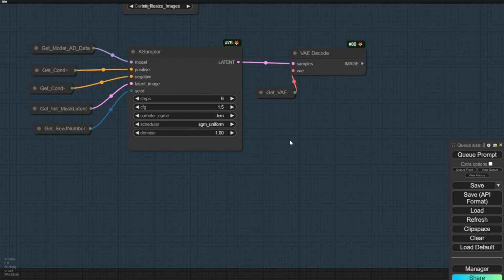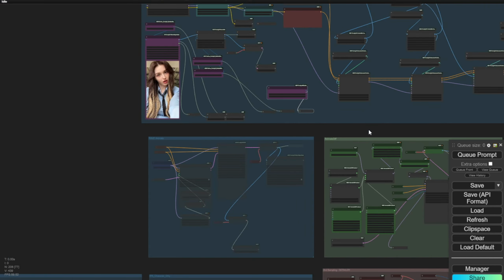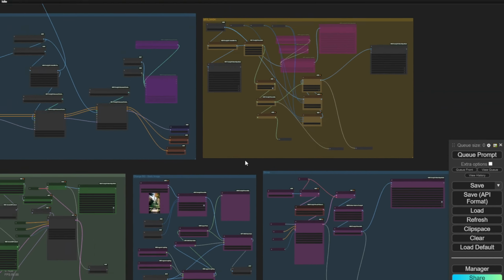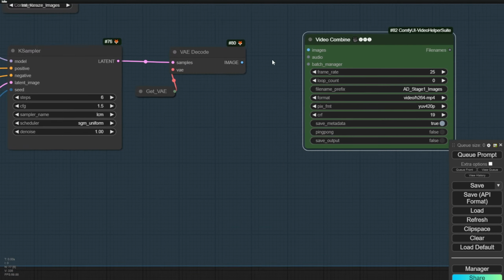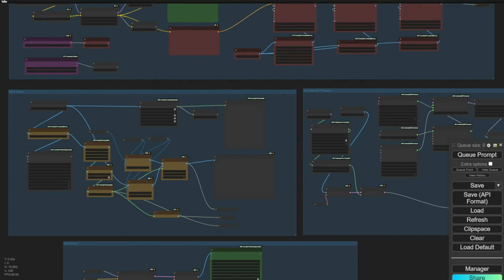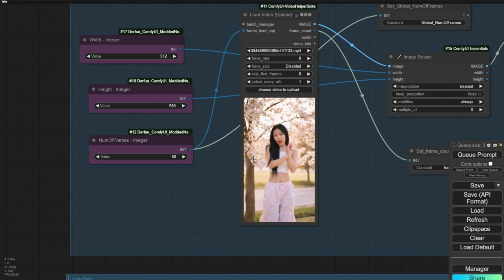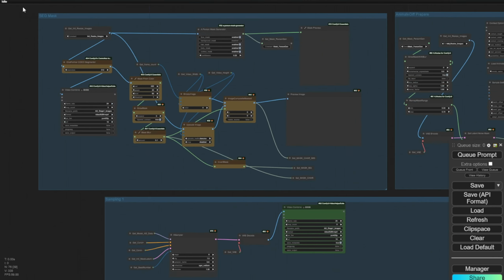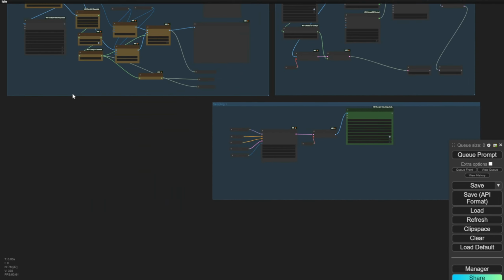For the LCM model, of course, we do load sampling steps, and let's go for CFG 1.5, just like what we usually do. And there we go. We have almost everything done. And lastly, we need the video combiner like this one. Let's bring this one. I don't want to type it again and again, so just copy and paste and do it in here. Yep. So we've got everything mostly completed, and we don't need the resize image. So let's try this time and see what we'll have in here.